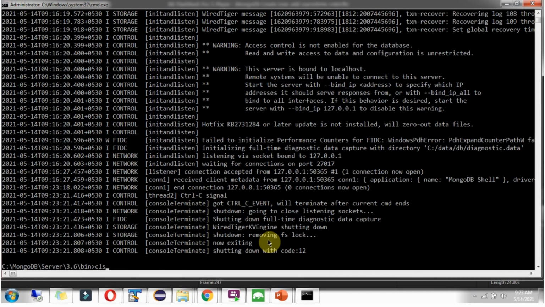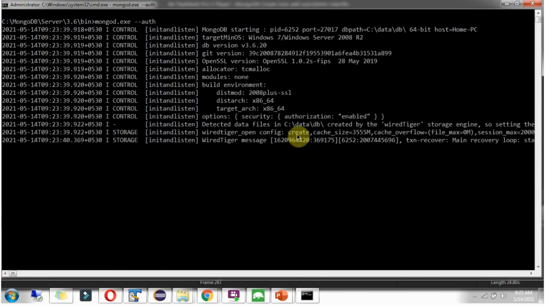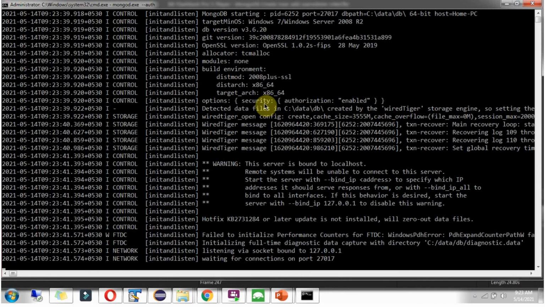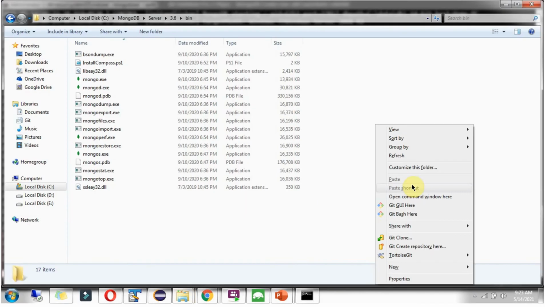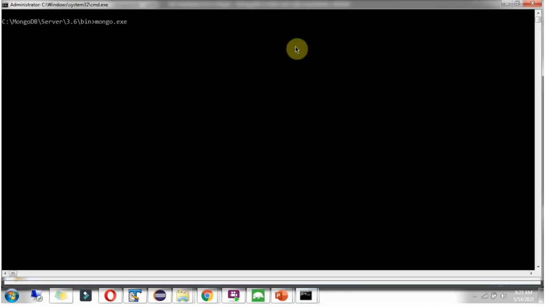and start the MongoDB server with authentication. And here you can see authorization enabled. Start the Mongo client.